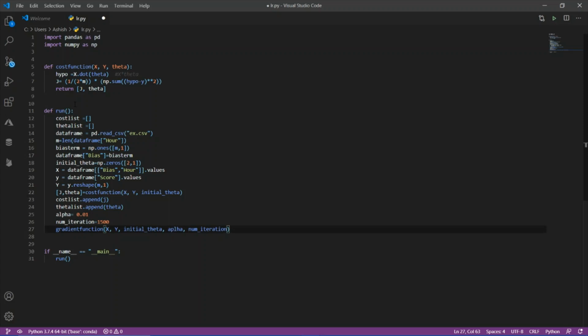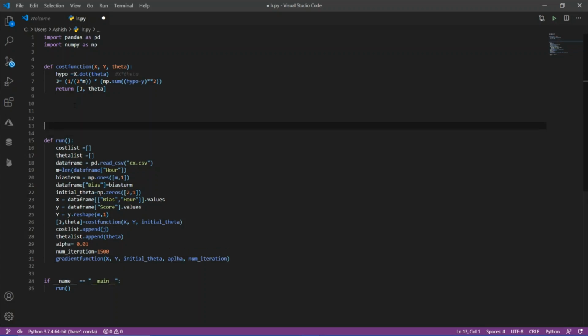After declaring the gradient function, now let's define our gradient function. I'll be getting x, y, theta, alpha, and then number of iteration.